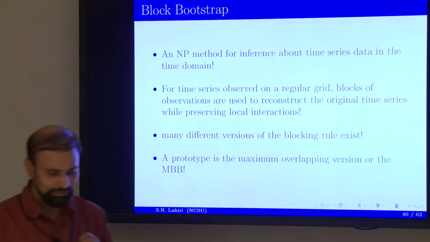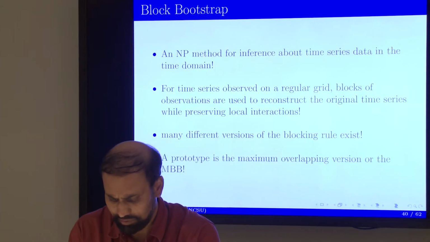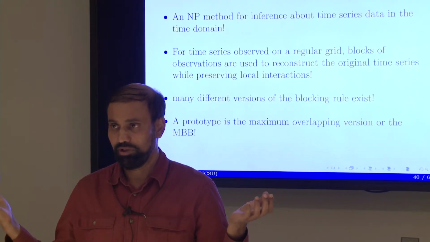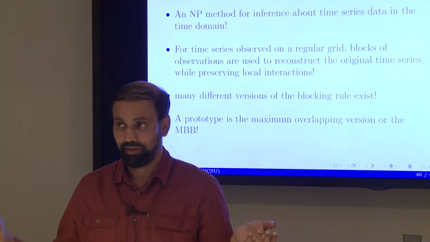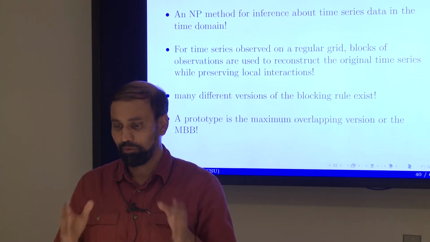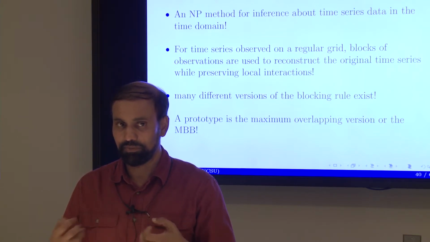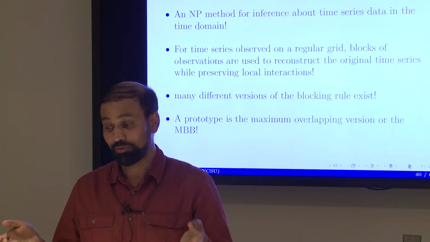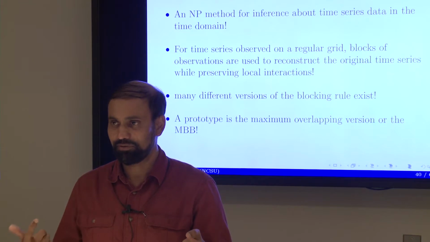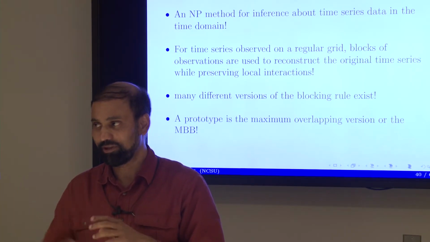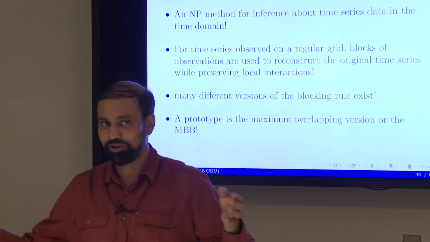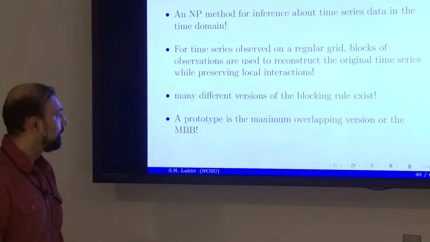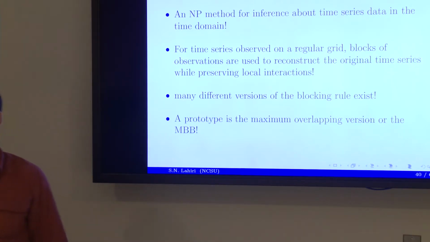And what does a block bootstrap method do? Like any bootstrap, if you have a time series, your goal here is to reconstruct a replica of that. And blocking is important because that kind of preserves the local interaction structure. So you're going to look at blocks of suitable lengths, resample blocks of values, put them together. That part is not very good. But then what you have generated is a version of the original time series with some distortions at the joint points. And jumbling up blocks is basically the bootstrapping.